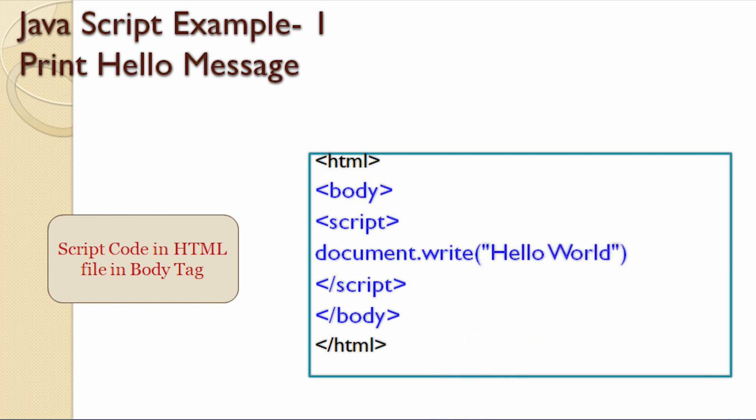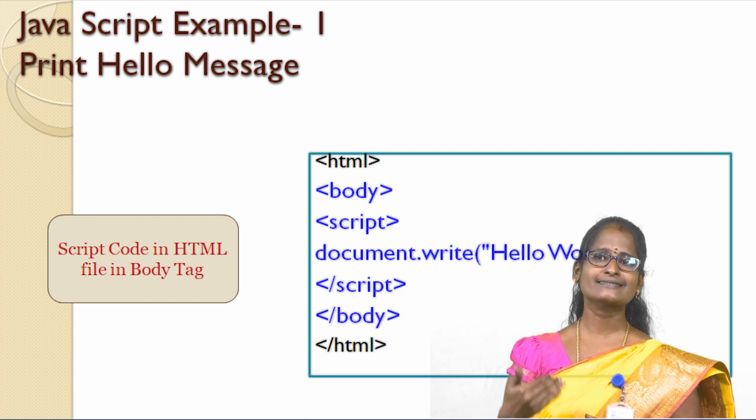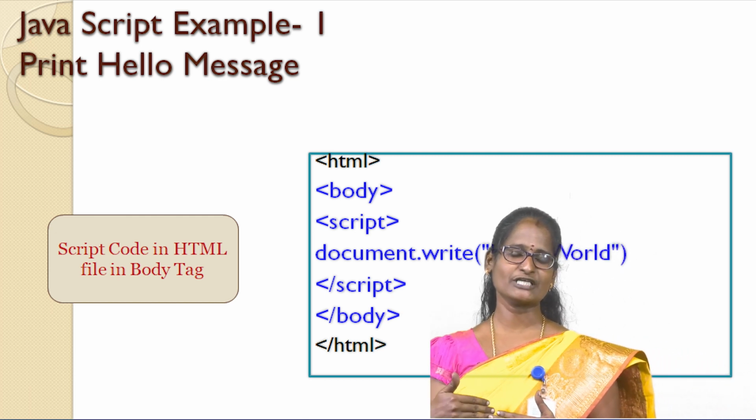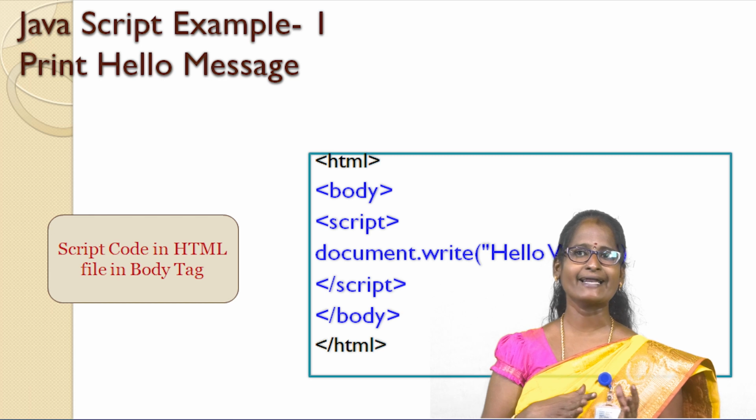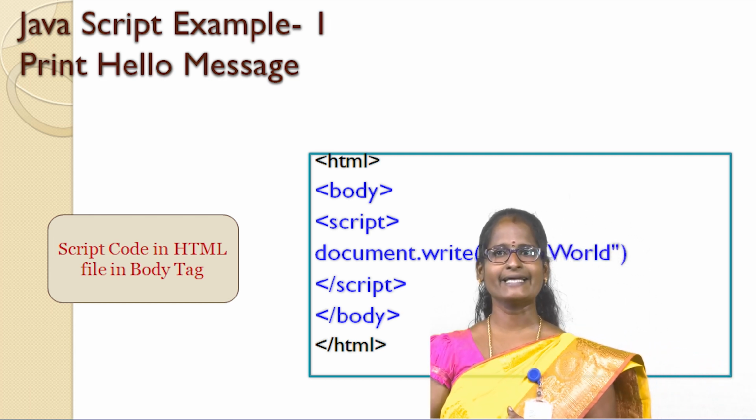Document.write. We can print the statement hello world. We write the syntax document.write. Then close the script tag, then the body tag as well as the HTML tag. The script code can also be in the HTML file in the head tag. It prints the message, hello world. Then next,